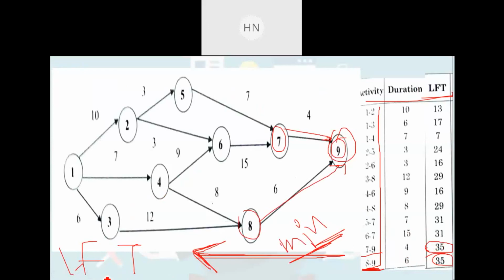Now after that, what you need to do is go from right to left, and you need to subtract the values as you move backward. For activity 6 to 7, where is 6 to 7? This is 6 to 7, right? Now for that, this total is 35, this is total 35 at the end event. Now if you want to move up to 6 to 7, तो 6 to 7 जो है वो कंप्लीट हो गई है. तो लेटेस्ट कंप्लीशन टाइम कौन सा है या लेटेस्ट फिनिशिंग टाइम, तो उसके लिए ये 35 में से ये जो 4 जो है वो डिडक्ट करना पड़ेगा, राइट.